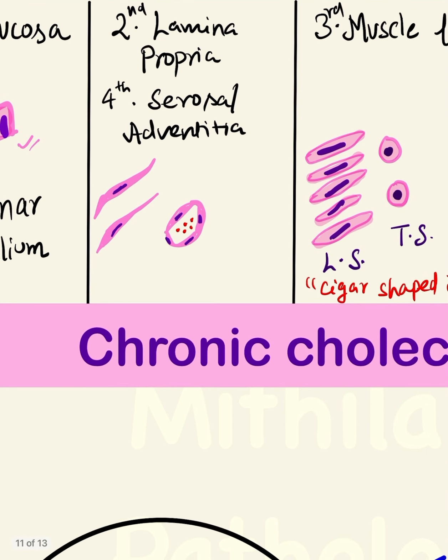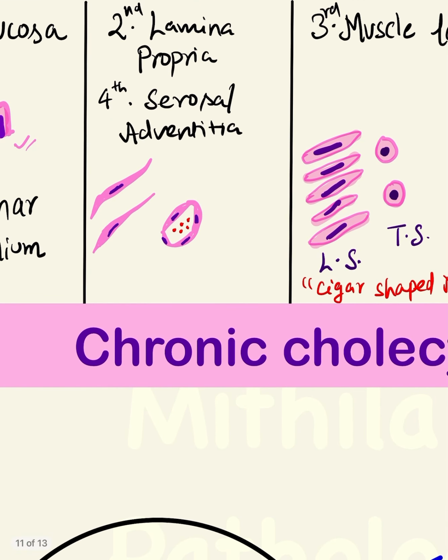Then there is the second layer, the lamina propria, and it is composed of fibrovascular connective tissue. So fibro and vascular. So you make fibroblasts. These are spindle-shaped cells with an elongated nucleus and pointed ends like this. And next, we need to draw the blood vessels. Blood vessels are lined by endothelial cells, which are also spindle shaped, and in the lumen of the vessel we can draw red or orange colored